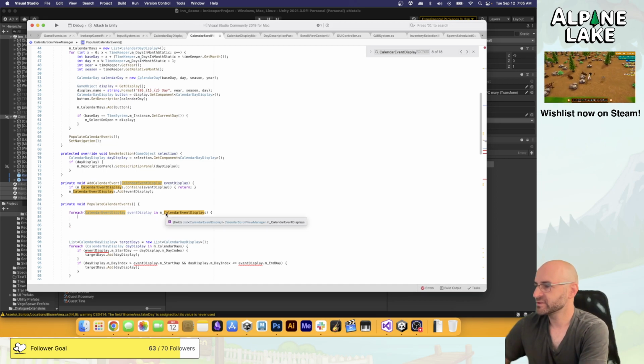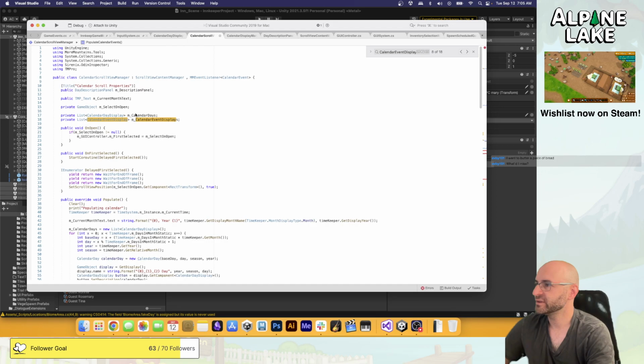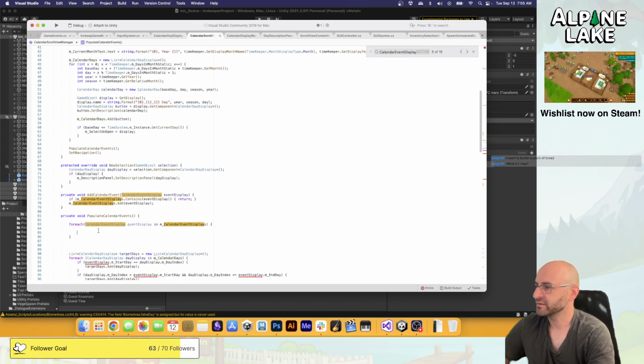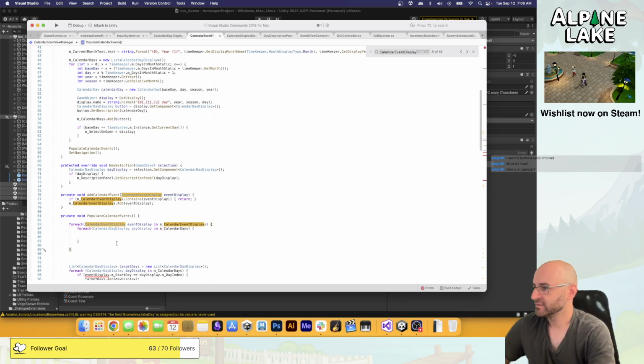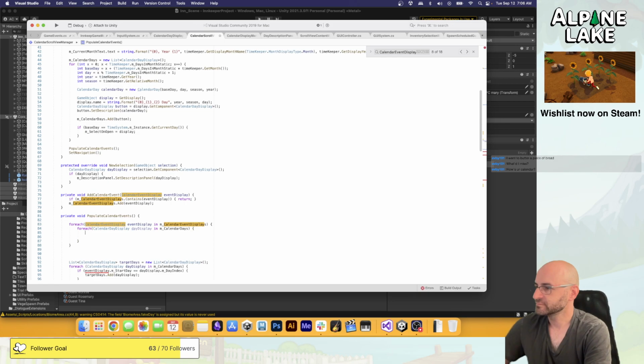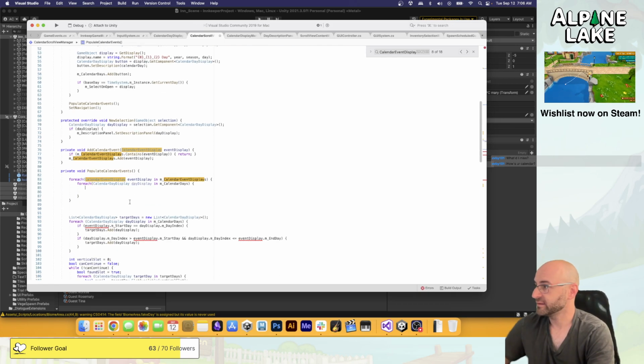So then I need to recursively go through all the days and see if there's any days in this calendar that coincide. So for each calendar day display in calendar days. If I find a day,